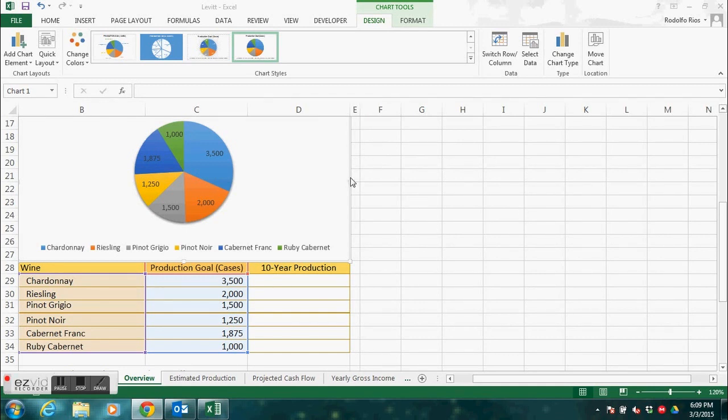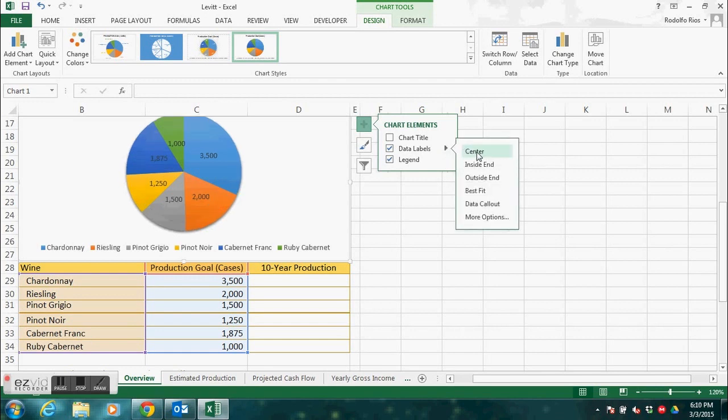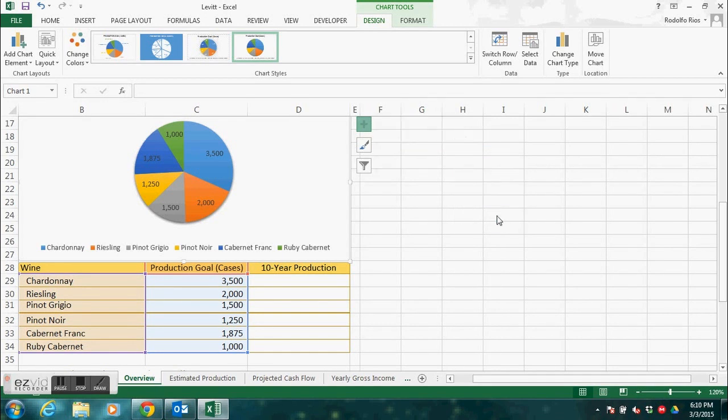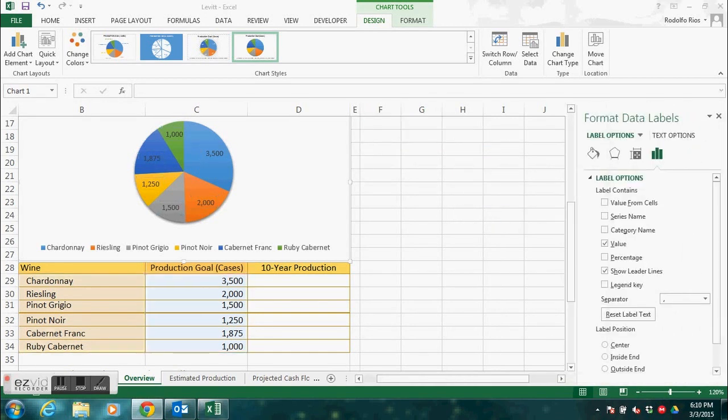We click on the sub arrow, right? So we go to chart elements and we click on the arrow next to data labels, and we're going to hover over them, and we're actually going to go down to our more options button. So let's go ahead and click on more options. That is going to bring out some additional formatting,